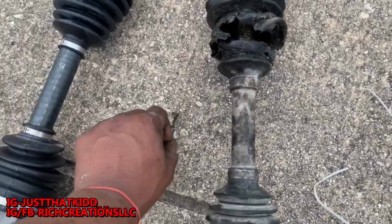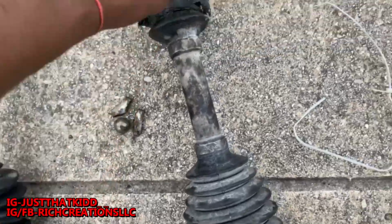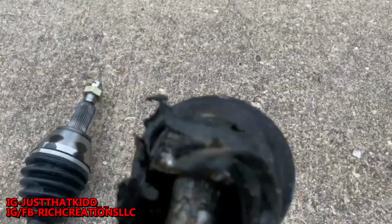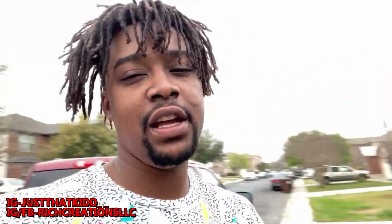This is some of the metal that I guess broke on the inside and the grease and stuff. But look how it just barely hung on. The next day. Alright, y'all, so it is the next day, and unfortunately I wasn't able to finish last night, but I did get it on. So the problem was,